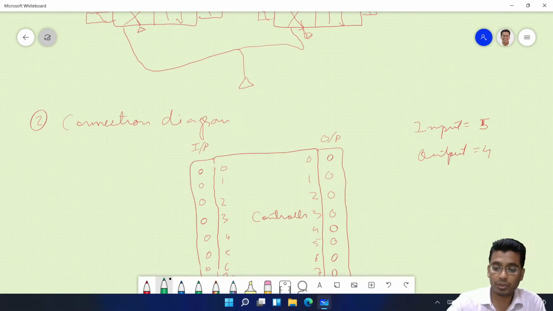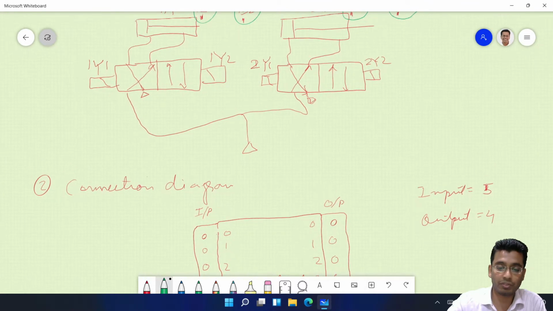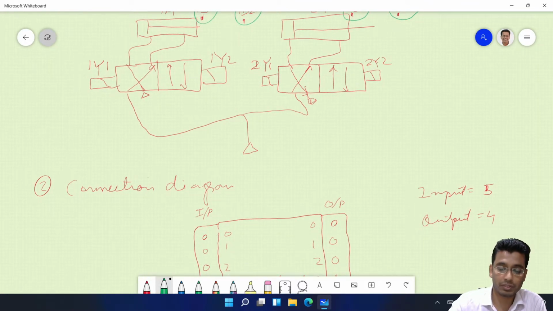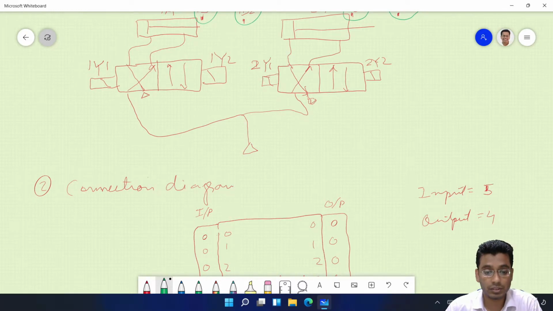Before going into that, output. What are the 4 outputs? Sir, for both the 5 by 2 valves, 1Y1, 1Y2, 2Y1. So basically, the solenoids in the 5 by 2 valves for both. 2 solenoids in the first 5 by 2 valve and the other 2 solenoids in the second 5 by 2 valve.